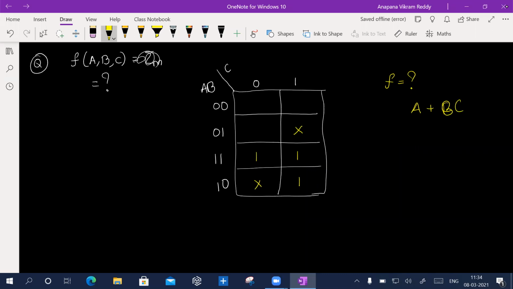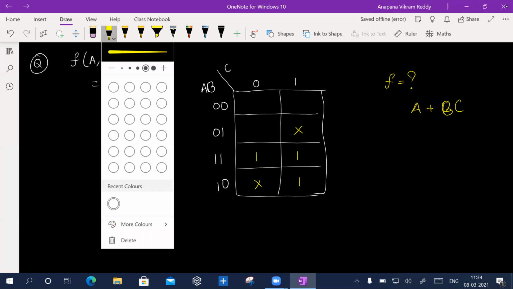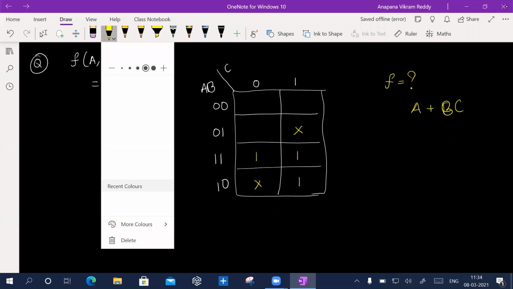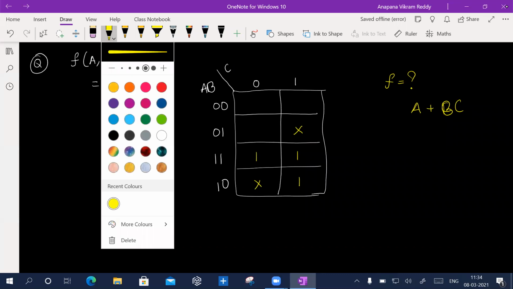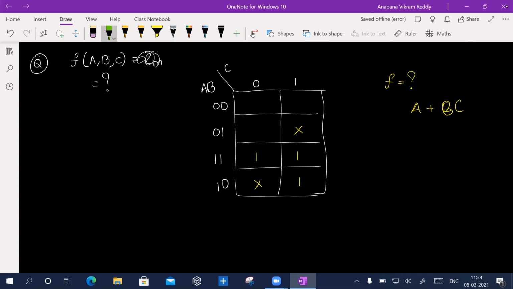Yes, sir. See, I just told you, whenever we want don't cares, use them. Otherwise, don't use them. So therefore, the name don't cares, okay? If you want it, use it. Otherwise, no. For example, can I group 8 cells here? No. Can I group 4 cells here? Yes, sir. Happily we can group 4 cells. See, why I'm asking you, because many of the students make mistakes here only. So therefore, I started this with a question.